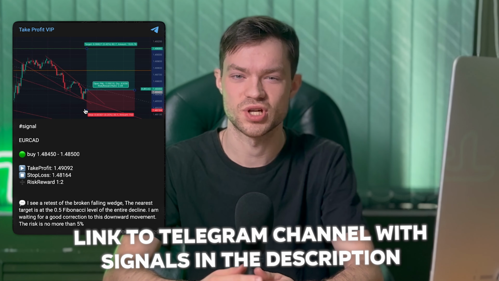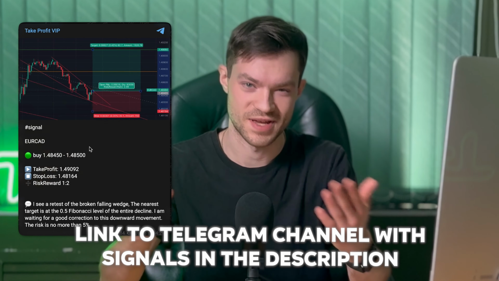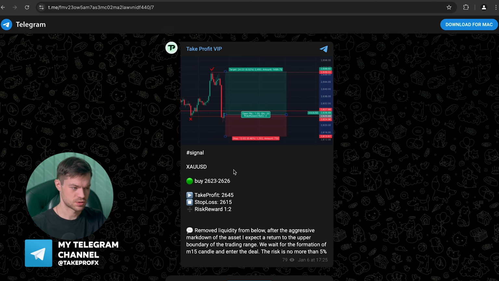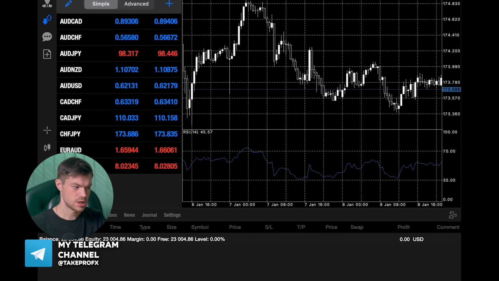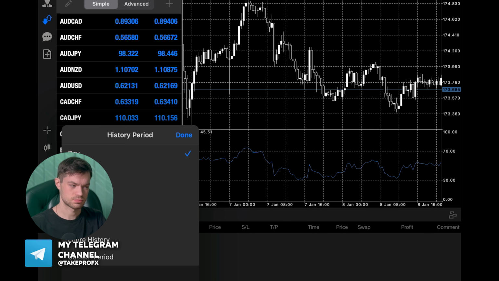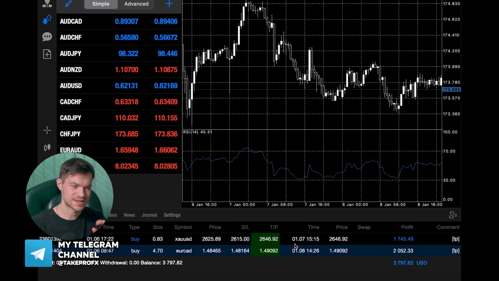I mean, within one day, this trade closed and brought me, let me remind you, 10,000 to my deposit. This signal was in the Telegram channel. We fixed the profit together. Let's take a look at the second simple trade, but on gold. The signal was also published in my Telegram channel, and this trade brought me, attention, not less than the previous one,